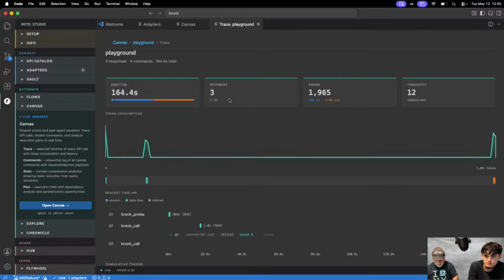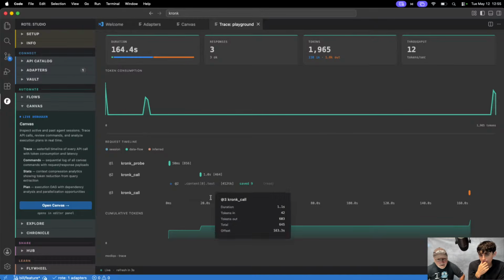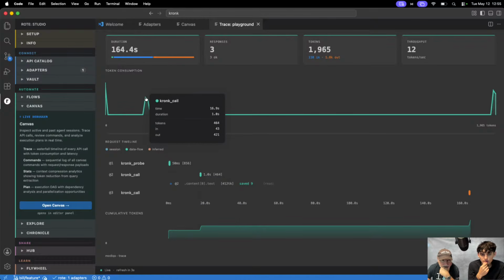Now we've got three interactions there. It was 1900 tokens over three responses, so it used a lot less on this last one. It was 1300, so it used like 600 tokens on that call. Look, they're even tracing how long things have taken here, which I didn't realize. This UI has to move out of VS Code at some point. Tokens in, oh yeah, duration, 1 second.